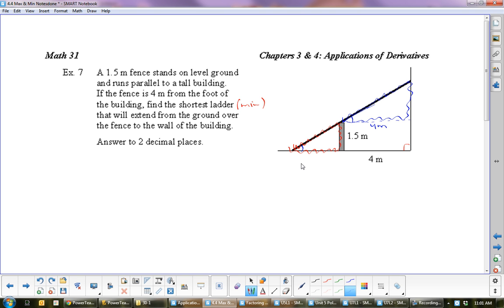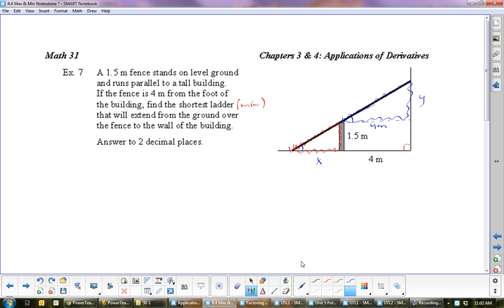So this side right here will be in ratio to this side. This will be in ratio to this, and this will be in ratio to this. Okay? So if I called this x and this y, then I have